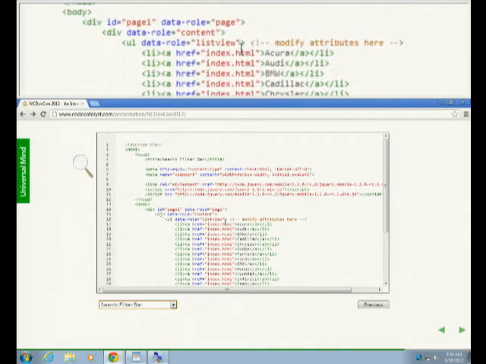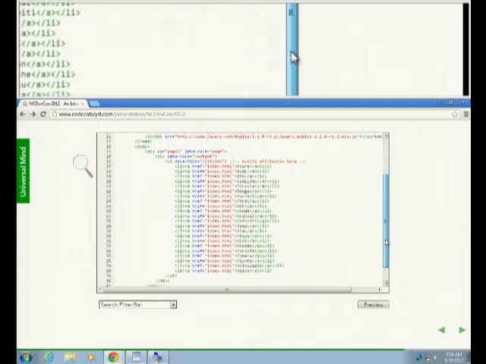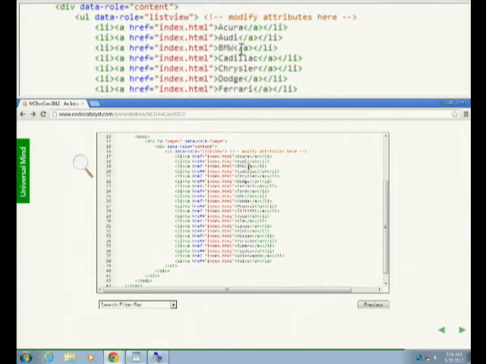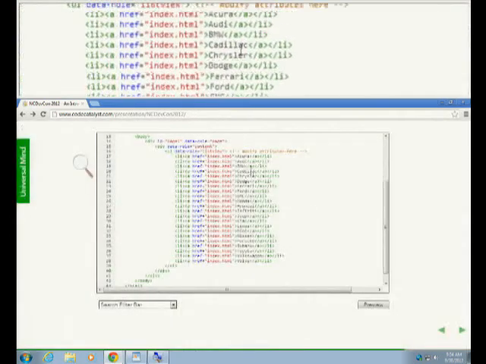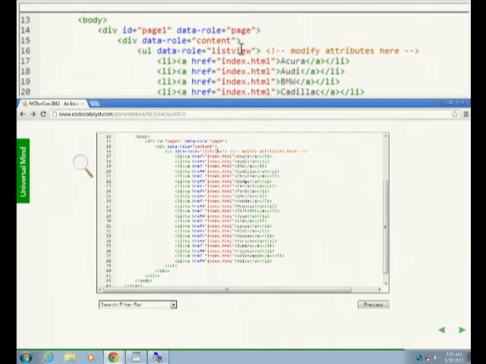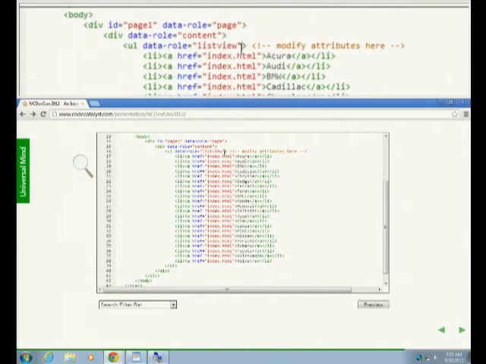Taking that a little further, one of the more exciting things, let's look at the search filter bar. So here we have a list view, and that list view has a number of list items within it. If we look at the list, we see there's just a standard list. What if we wanted to search for a specific item in there? What if we wanted that kind of search field that shows at the top? To do that, we simply add a data filter equal true,